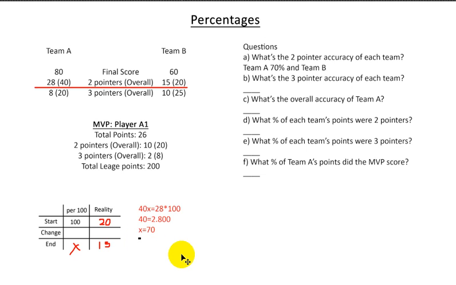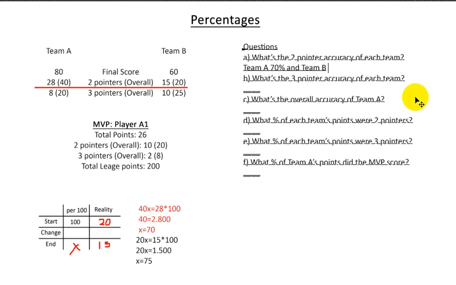So we would have that 20x needs to be equal to 15 times 100. So 20x needs to be equal to 1,500. So x needs to be equal to 75. So Team B has an accuracy of 75%, which means that they were actually more accurate than Team A, which